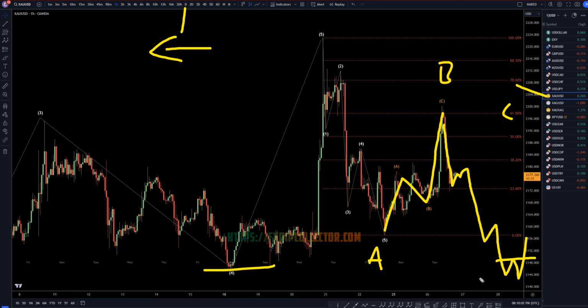Either way, I think we'll better recognize when this correction is over, and we'll be able to start looking for shorts and start looking for longs again. So I definitely think this is the most likely scenario. We do have to be careful because the trend is definitely up on the higher time frames, and it always could just keep on trending up and not even take out the low of wave 4. But with the shape that it's making, I still think that is the most likely possibility.